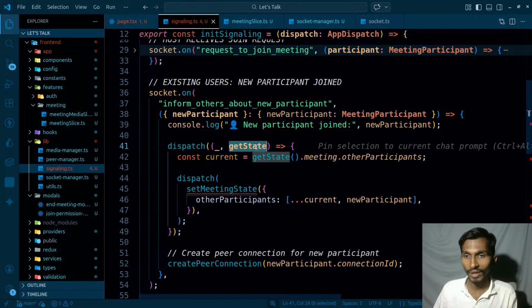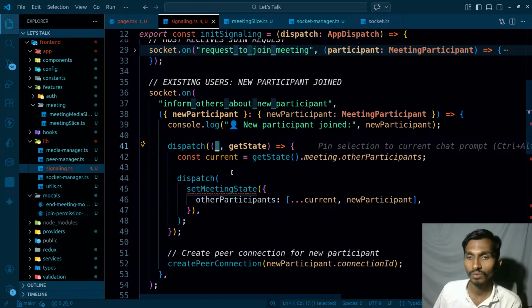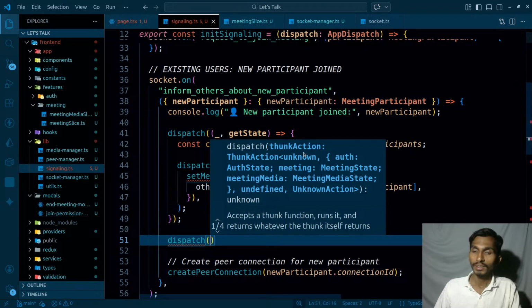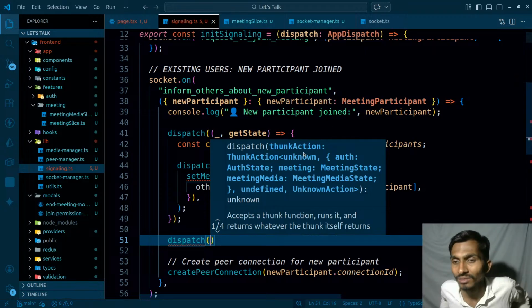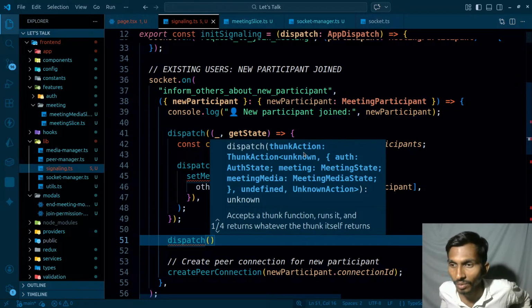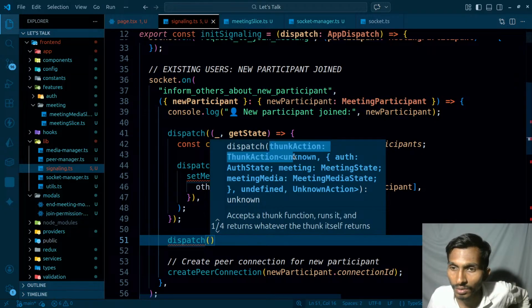Dispatch directly provides the get state as well. The first option is what, using the state? So dispatch, that is thunk action, and the second is actually the state that it provides. So the second option is going to be the state, get state, and calling that I will be able to get it. So as I can see it here, this is the first action, and just after that